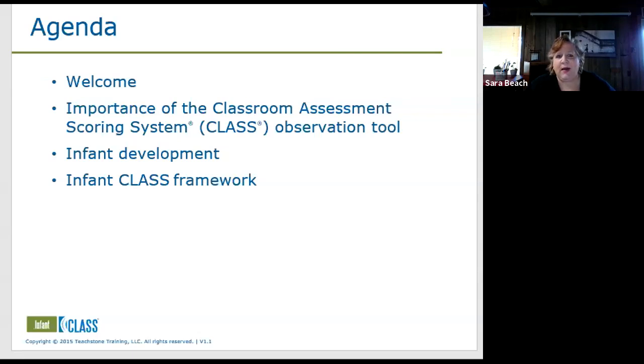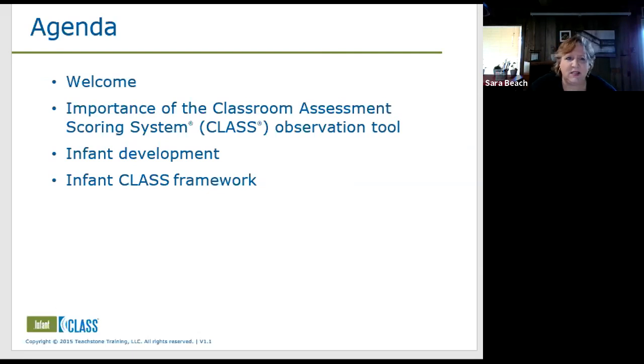For use by programs, for program folks, directors, coaches, teachers, it's not so much about the score. We're really not focusing on the score. What we're focusing on is the things that we're looking at in the tool. We're focusing on helping teachers learn what these specific behaviors and interactions look like. Because when they can identify those in someone else, then we hope they can identify them in themselves, and say, am I doing that? How much am I doing that?